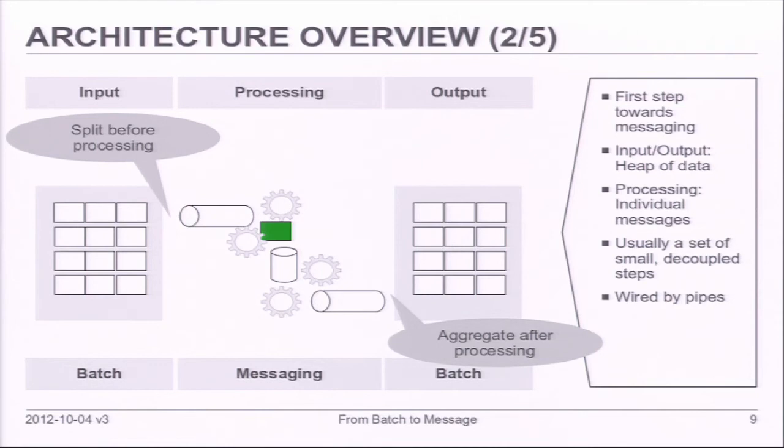What you get immediately from this is that you can now scale horizontally, because all those split messages can be processed in parallel. Once you're done, you have to aggregate the data so that the output remains the same. Actually, you will just collect and aggregate them into a file for output.